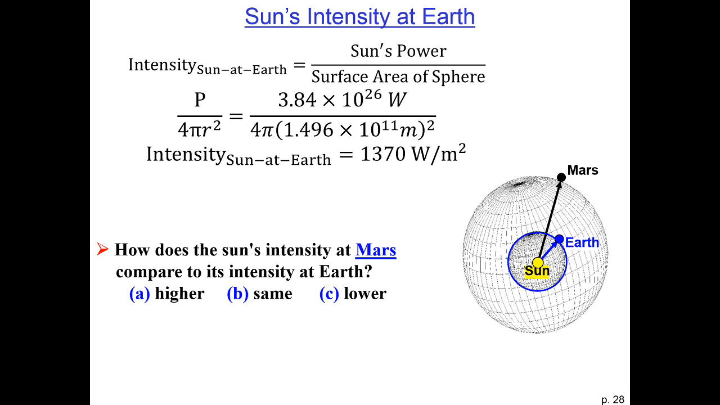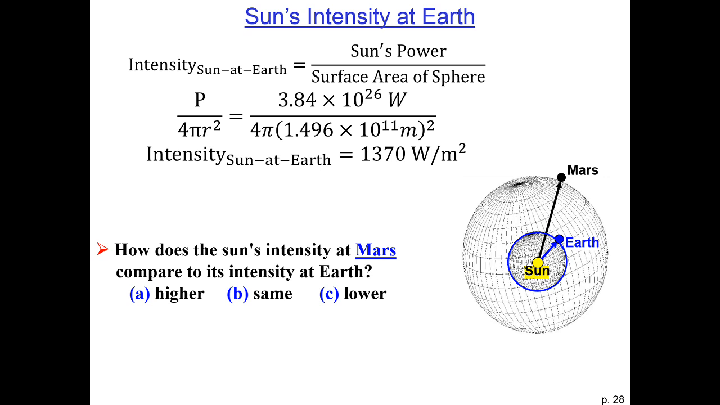So the idea is that if we take all the power streaming out of the sun and divide it by the surface area of that sphere, that power is distributed evenly over the surface, and it gives us our intensity. This 1,370 watts per square meter is outside the Earth's atmosphere,